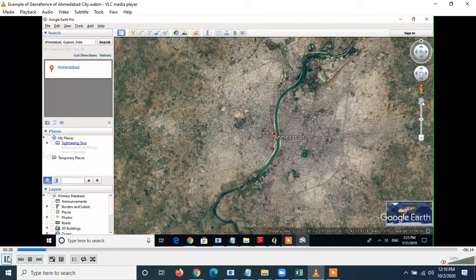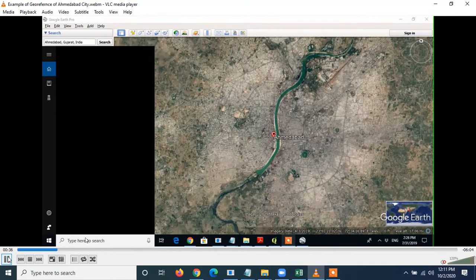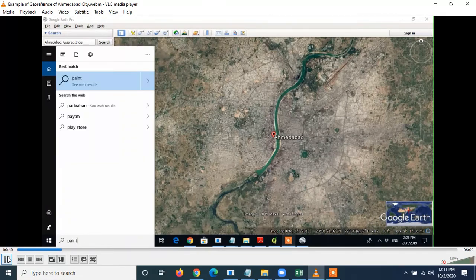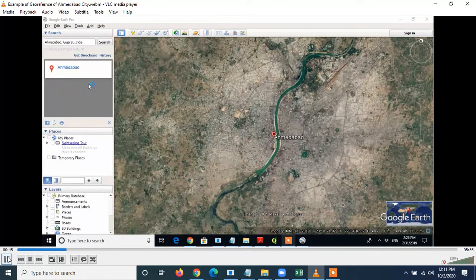I am zooming in because I want to capture only the selected portion. After zooming in, you can copy only the part which you want to save as an image file.